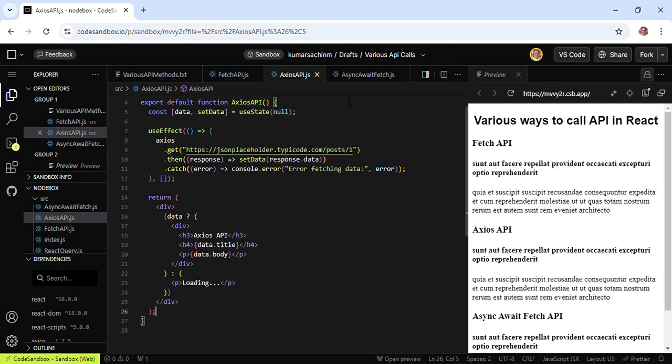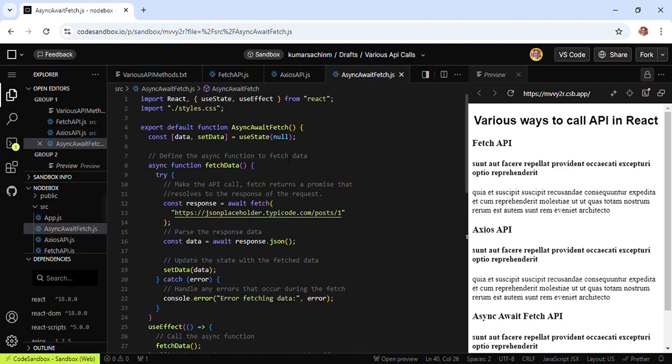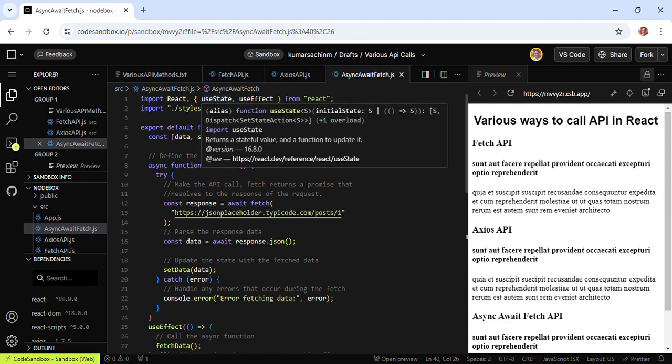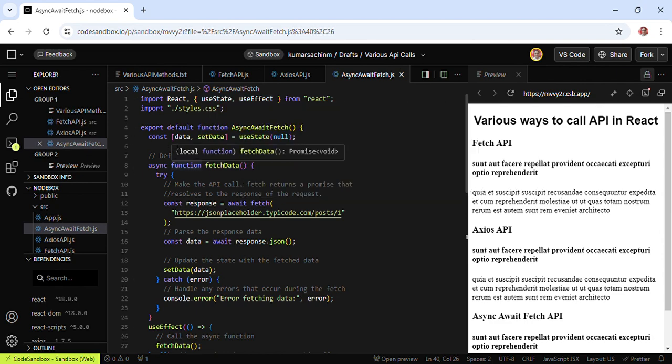Now next is the async await. We are using useState and useEffect. Data is used as useState. Initially it is null. Then we are using async function fetchData. We are trying to make the API call. Okay, and the constant response will save the data. Okay, call is placed,